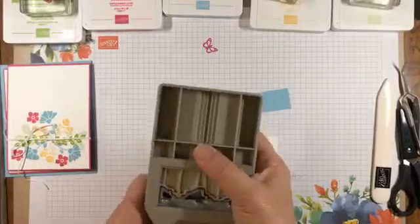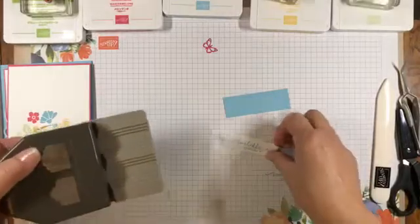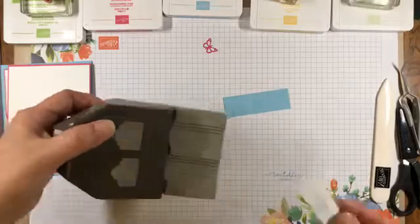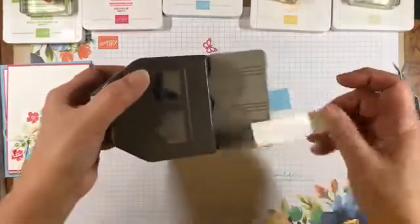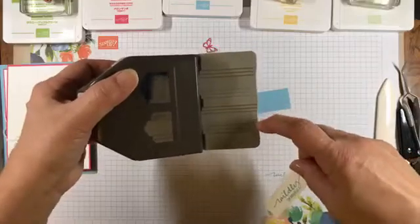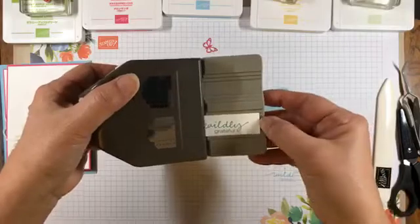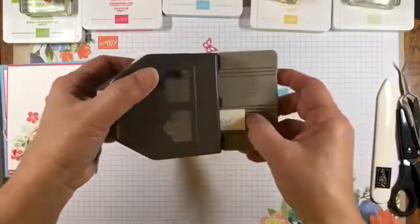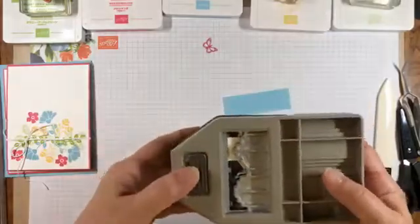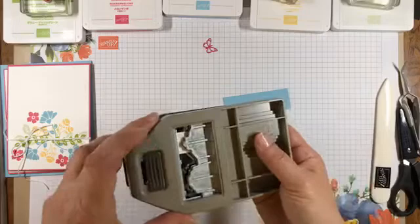So first I'll open it. Now this one is cut to 3/4 of an inch, which is the middle part right here. The smallest is 1/2 inch, and the widest is full inch. So I'm going to put my little label in there. Then I'm going to flip it over, and first thing I'm going to do is check to see if